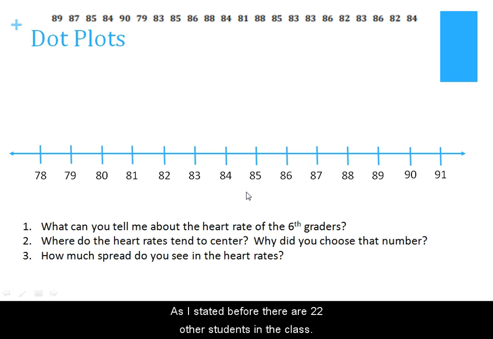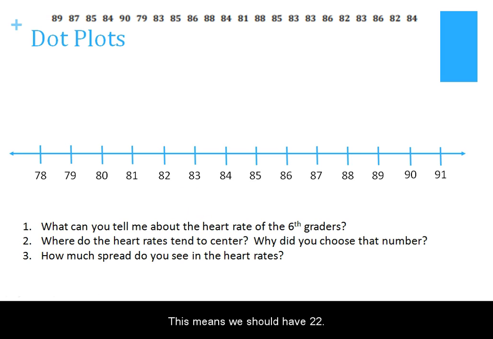As stated before, there are 22 other students in the class. This means we should have 22 dots on our dot plot, one dot representing each value in the number set. We'll start off by going down the list with 89 and placing a dot above the 89 interval on the number line. Our next number is 87, so we'll put a dot above 87 and continue going down the list